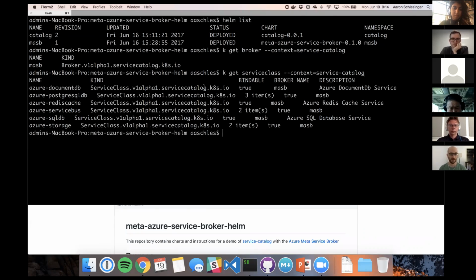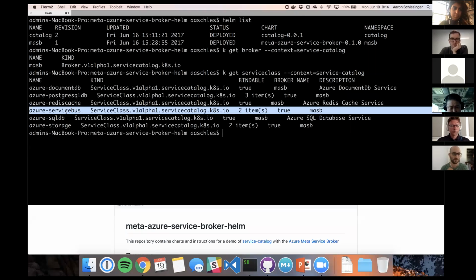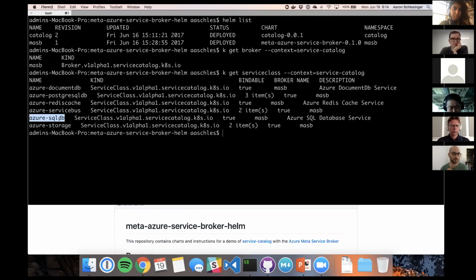So here we have essentially the catalog of services that I can provision and bind to, and essentially I can get to use in my app. So DocumentDB is the NoSQL storage, Postgres, Redis, basically a pub/sub system, SQL Server, and then blob storage, basically the Azure equivalent of S3. So now that I have this list of things that I can use in my app,